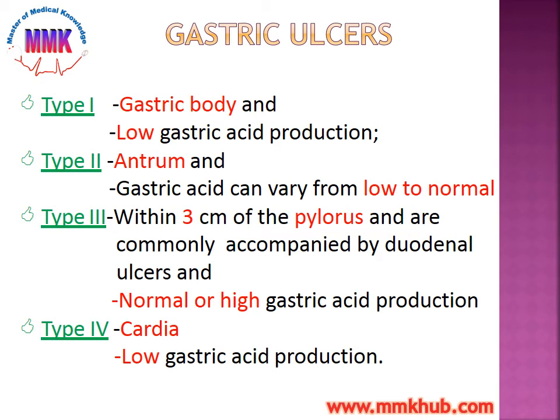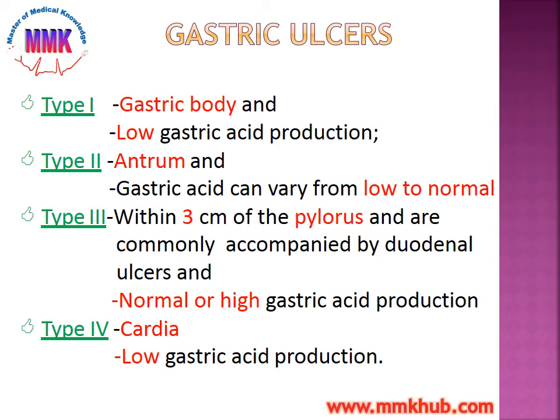Classification of the gastric ulcer. Gastric ulcer can be classified into 4 types: type 1, type 2, type 3, and type 4. This classification is according to their location in the stomach. Type 1 is present in the gastric body, and low gastric acid production is associated with these ulcers. Type 2 is present in the antrum of the stomach, and gastric acid secretion can vary from low to normal,